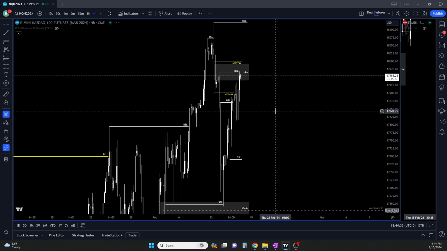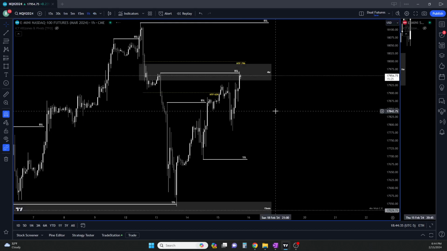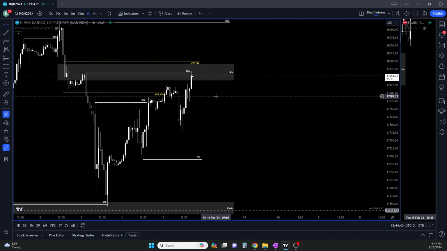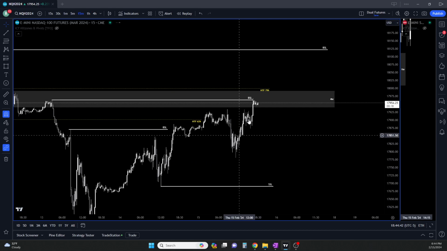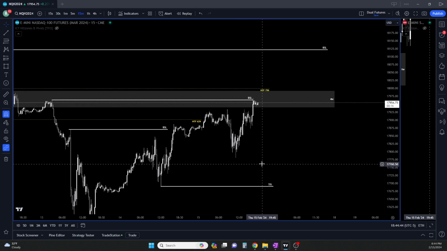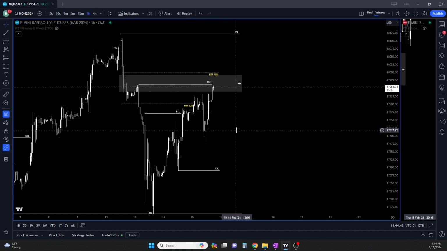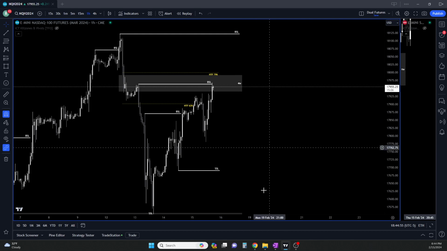But either way, I'm just going to be careful, right? Maybe we just pull back into a 15-minute or a 1 hour and continue our buy model to the upside. But I want to wait and let the structure tell me what to do, because this week hasn't been the greatest. It's going to be a Friday,